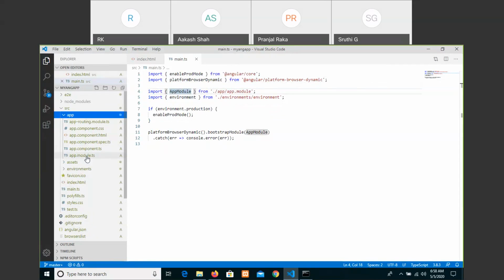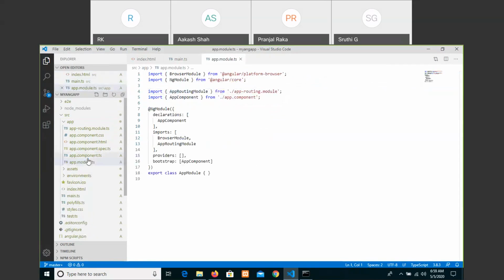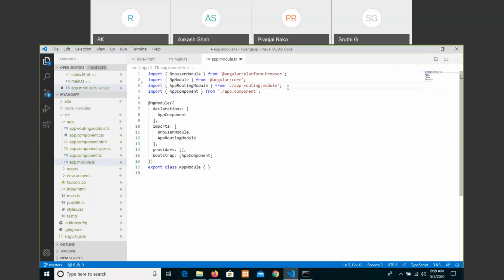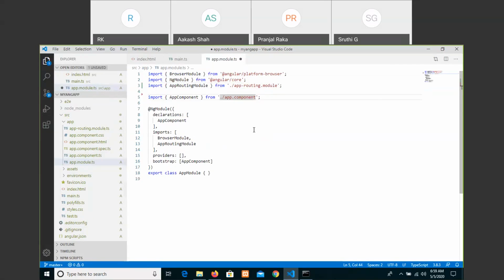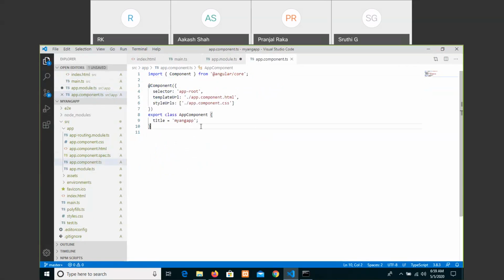Inside it we have the app.module.ts file, a combination of all the related modules and their components. The default component here is the app component, also located in the same place, the app.component.ts file. One second, hold on please.